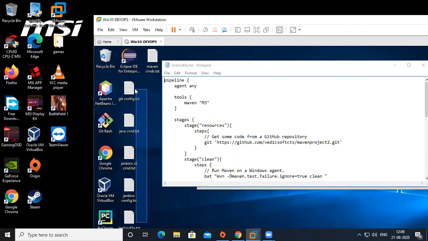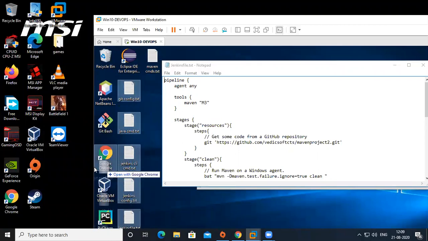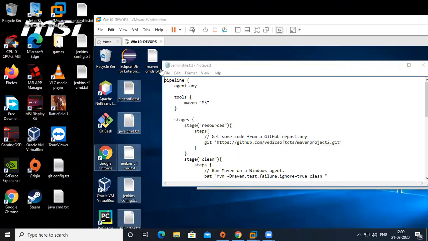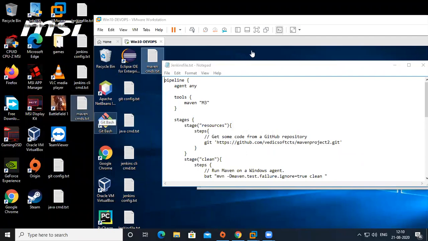I need all these files, including the Maven commands also.